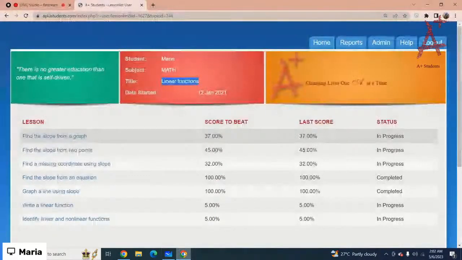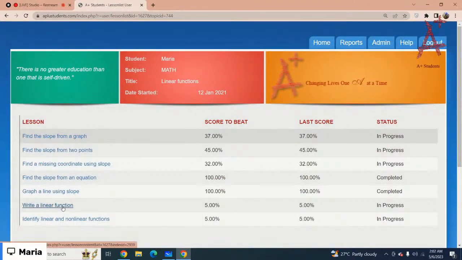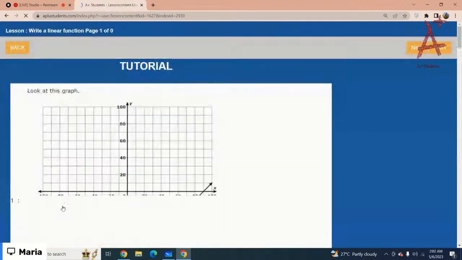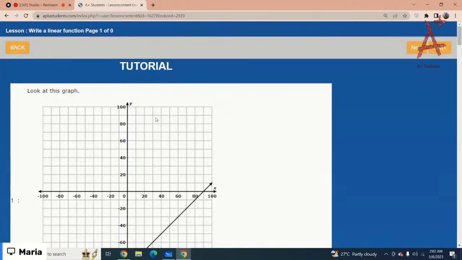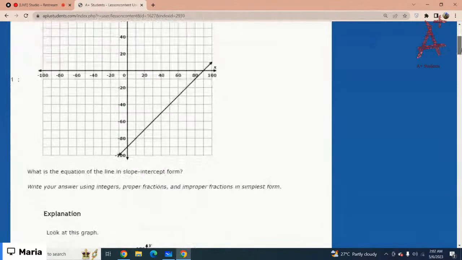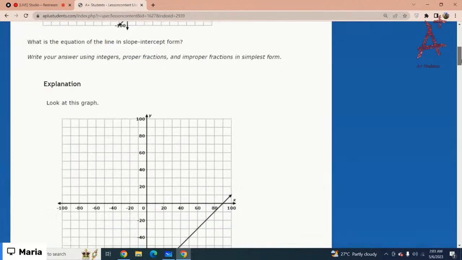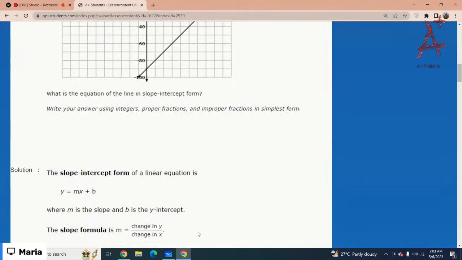Okay, here I am on grade 7 maths. The chapter we're going to start with is linear function. And here is the lesson we're going to start with, write a linear function. So let's just start. Okay, so you're given the graph. You have to write down the equation of the line in slope intercept form. So what is the slope intercept form? The slope intercept form of the equation is